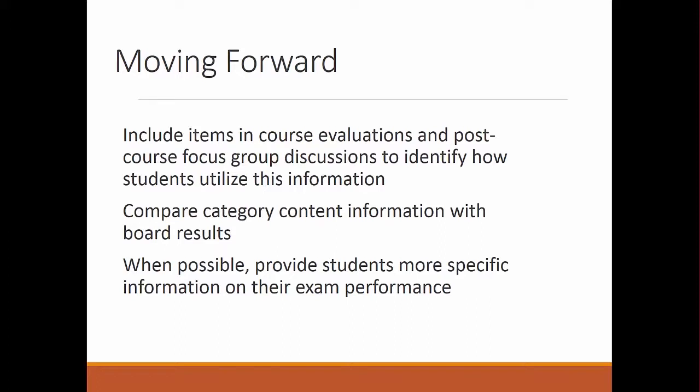So moving forward from where we are right now, we just have three basic goals that we want to continue to improve upon. One is to include these items in course evaluations and post-course focus group discussions, because we really want to see not just if students are utilizing it, but how they are, to see if there are better ways that we can get the stats to them or more stats that they would like to get, just to learn more about what we're doing and how we can do it better. We'd like to look at the category content information and board results. When we get our board results, we do get to see it by content area, so we just want to focus in on that to make sure that we're